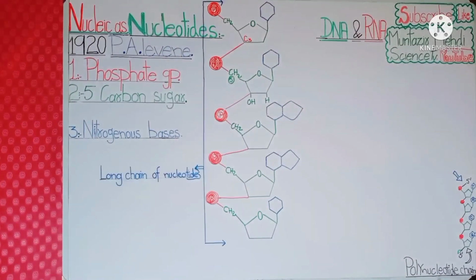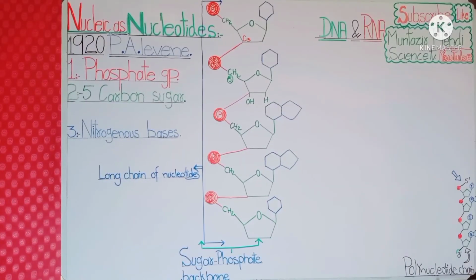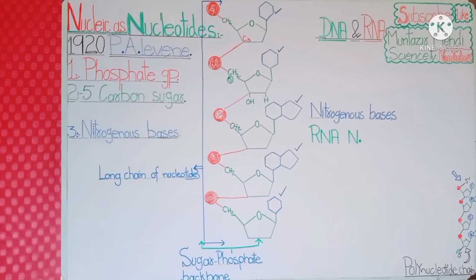As a result, a long chain of nucleotides is formed, which consists of a sugar phosphate backbone at the side, and in the center we have all of these nitrogenous bases which project from the sugar phosphate backbone. Now this can be an example of an RNA nucleotide if the sugar present is ribose, as we know that in ribose sugar at the second carbon there is a hydroxyl group rather than the hydrogen present in deoxyribose of DNA. By the removal of oxygen, the sugar will be deoxyribose; otherwise it will be ribose sugar.